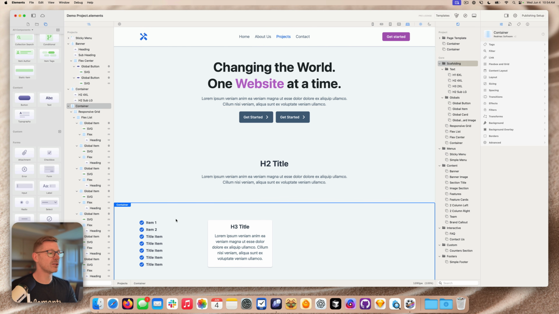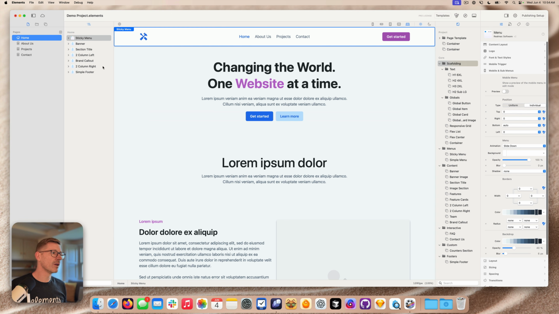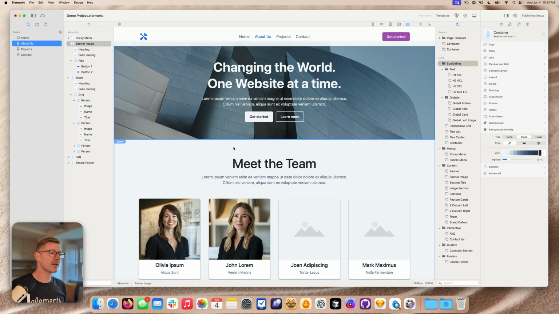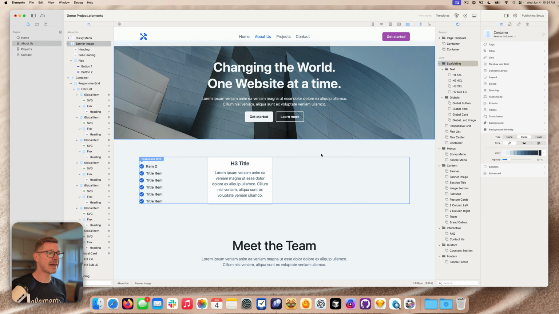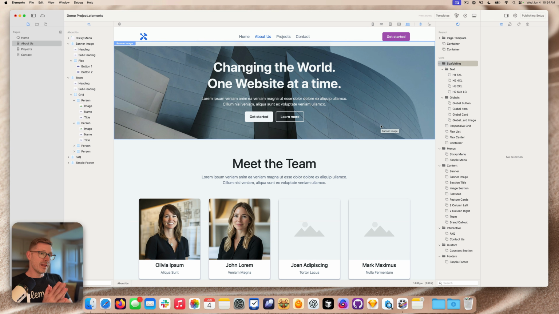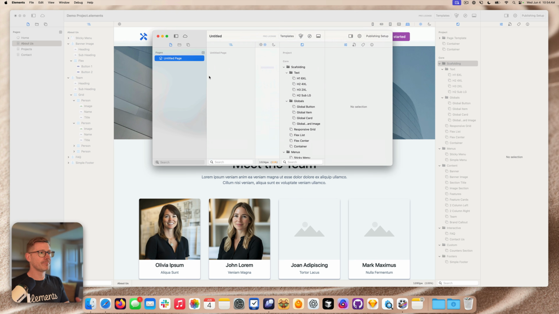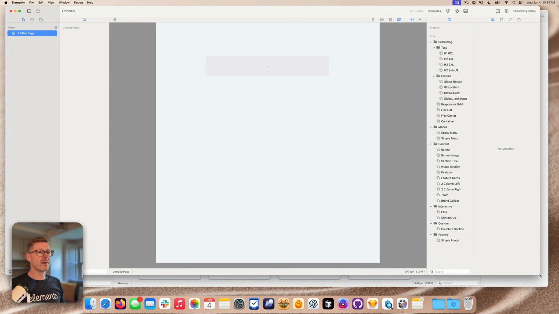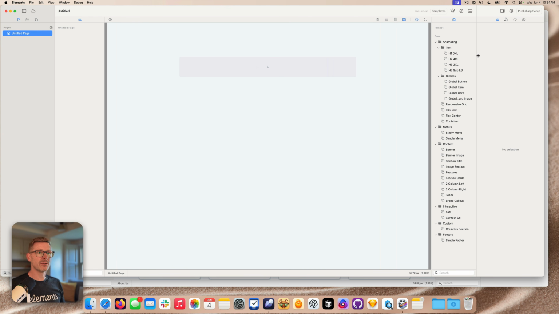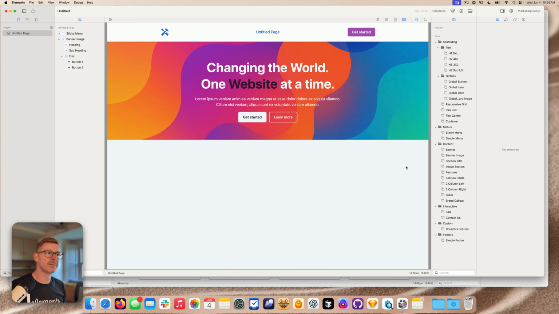dropping these things into any site will make it look, it just works in that theme. It all matches, which is really important. That's good. And obviously, because this is a core pack, if I do a new project, boom, there they are. I've got them available to use here because it's part of Elements, and I can go ahead and just start building up